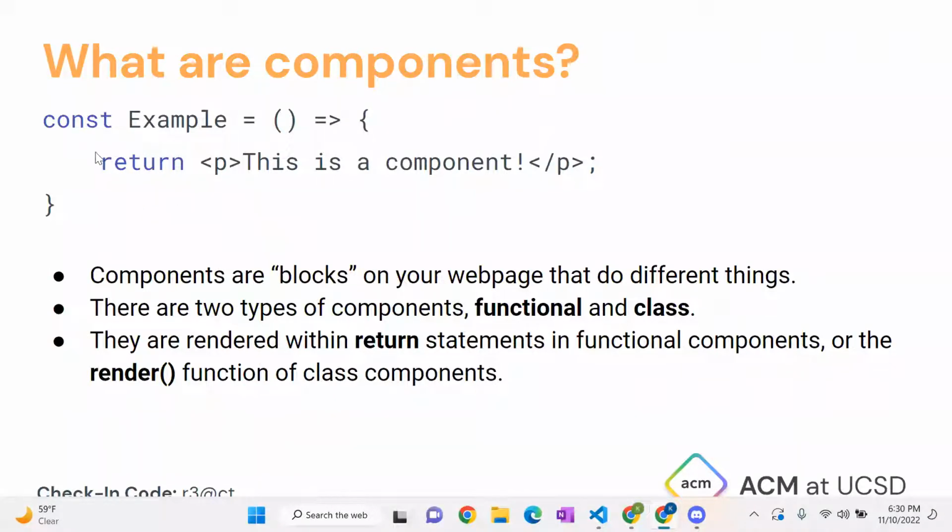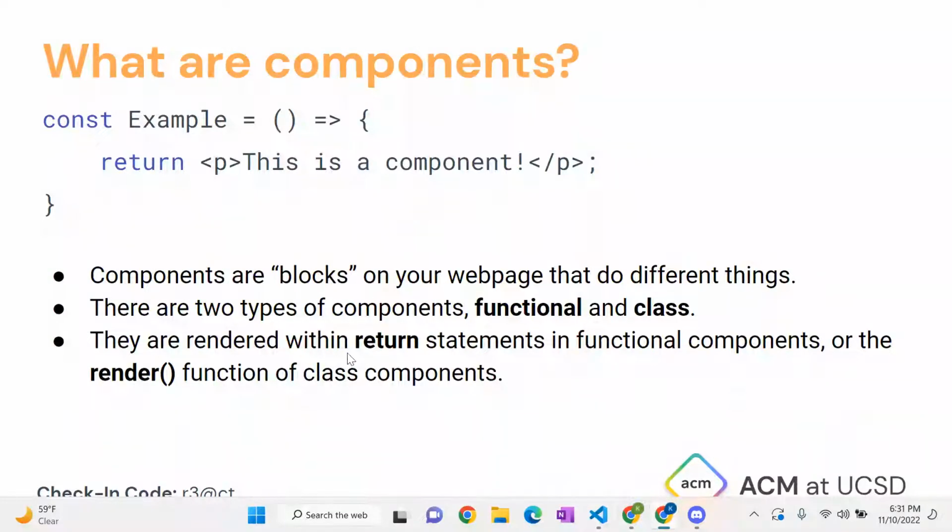So the way you write components is const, and then whatever name you want it to be, and then this equal, the parentheses, and the arrow function. If you remember our JavaScript workshop, you learned about the syntax of it, and this is using JavaScript and the arrow functions inside the JavaScript. Because React is like a combination of JavaScript and HTML essentially,